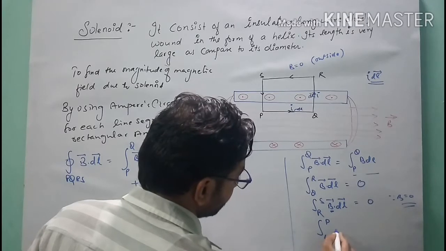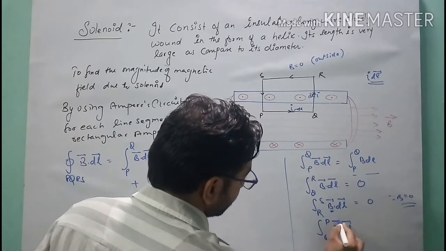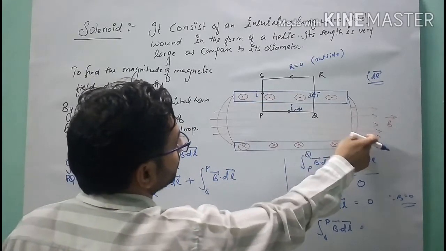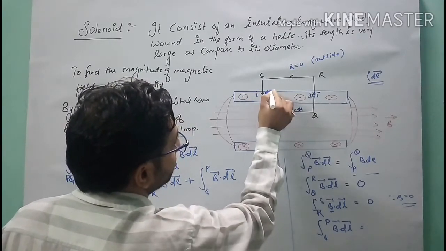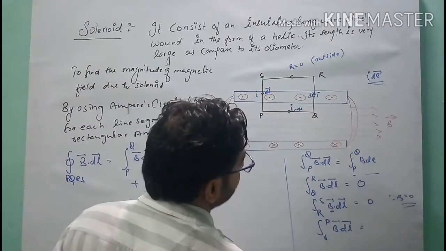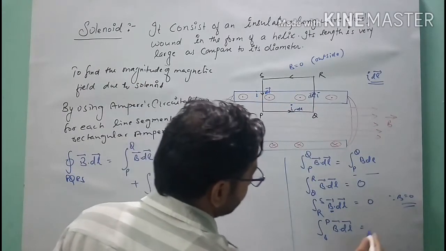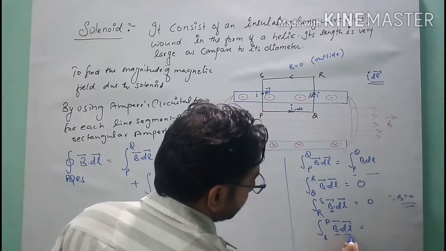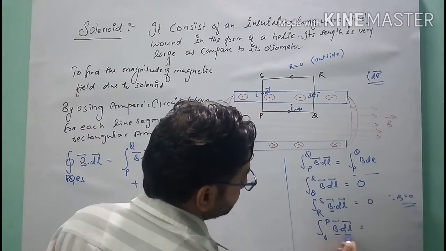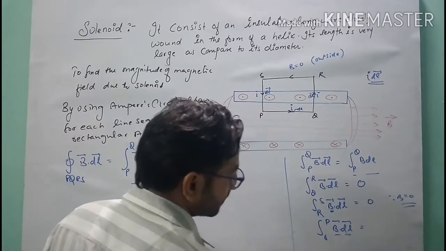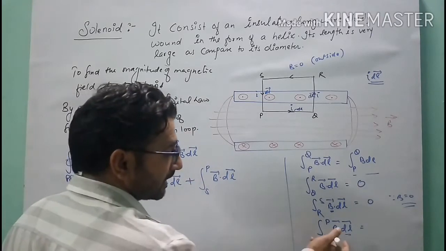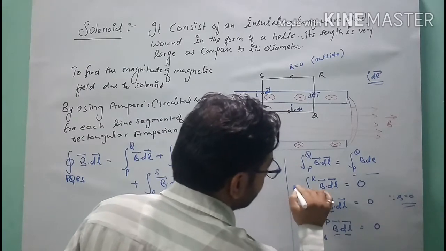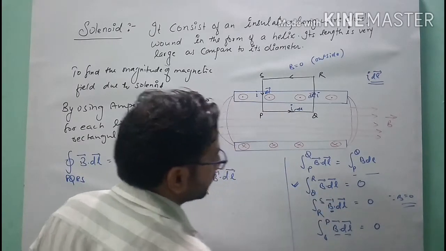Now again S to P, when we talk here about S to P, B dot dl, you can see SP, the direction of current is again perpendicular to the direction of magnetic field. So here the line element dl will make 90 degrees with magnetic field. Again we can say B dot dl, the dl vector and B vector both are mutually perpendicular. So cos theta, the angle between them, is 90 degrees. So by this condition we can write directly here 0, as we have done for Q to R.